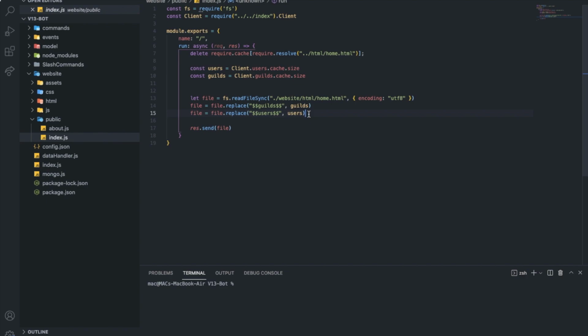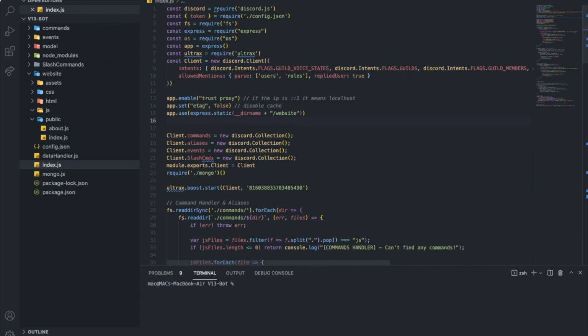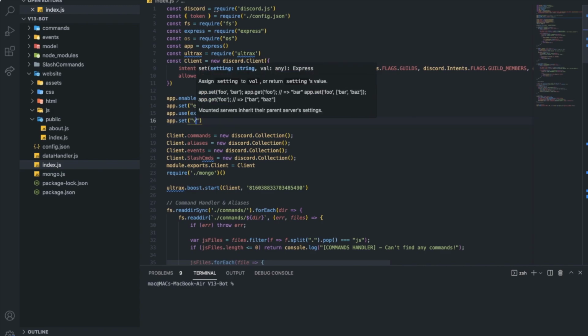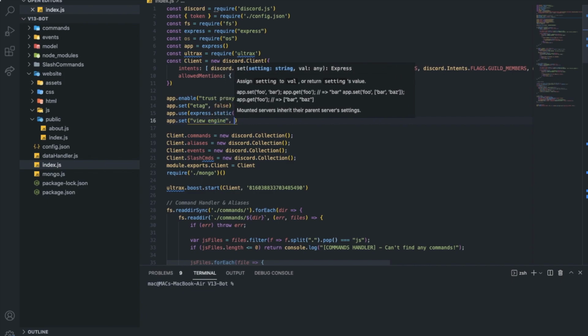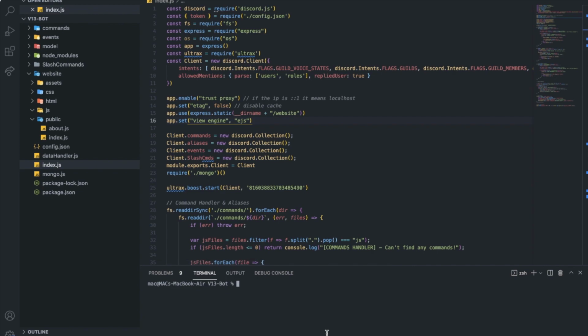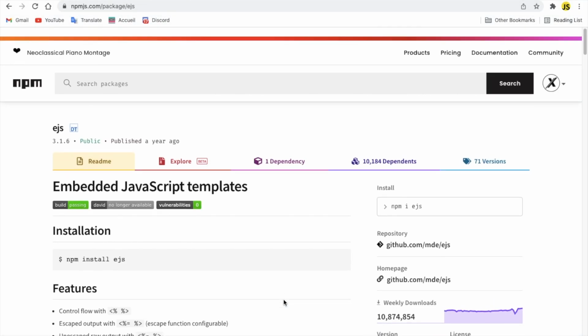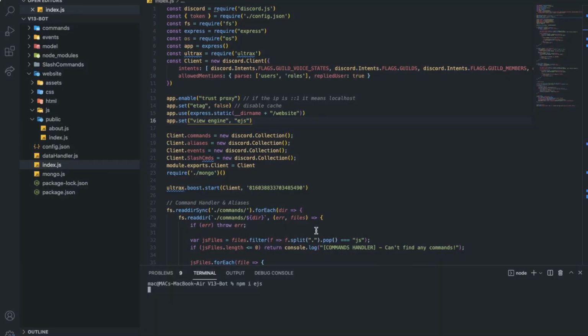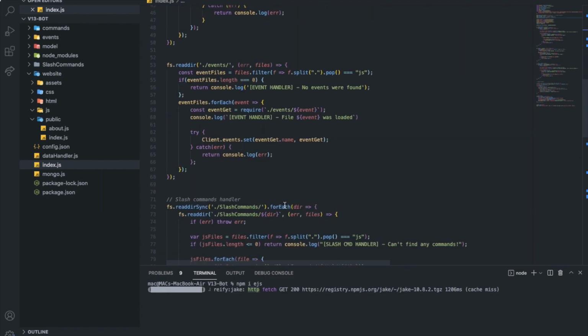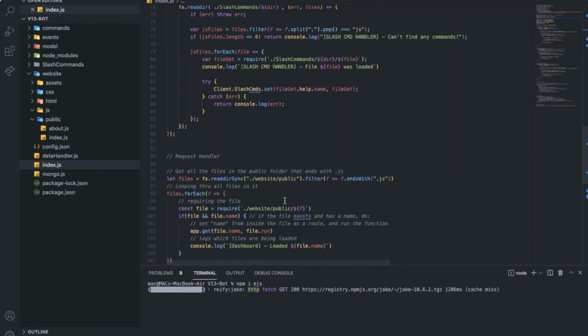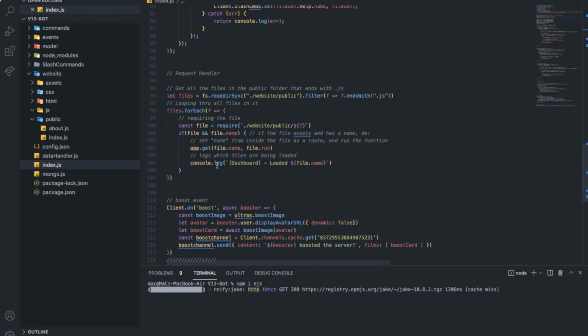Alright, so let's start by going into our index. Let's put app.set, and we're gonna put view engine as EJS, and of course we'll do npm i ejs, which is this package. Alright, here we go. As we made in the last video, the request handler here,